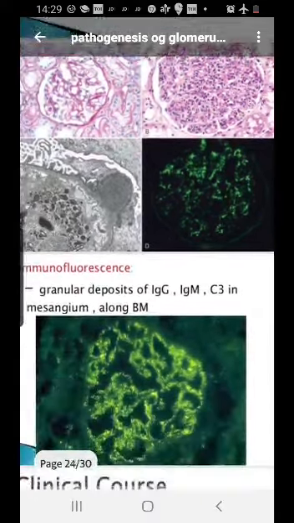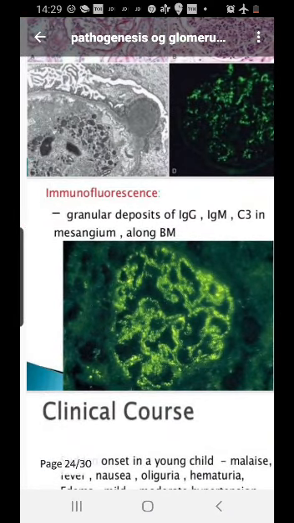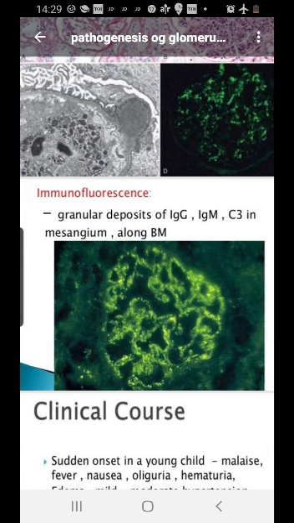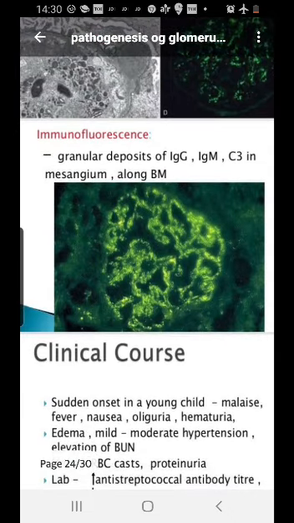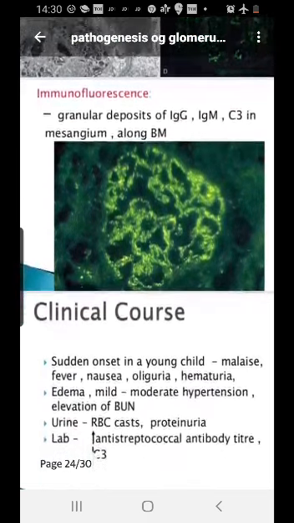Now if you look at the IF, immunofluorescence is nowadays very commonly used to identify the type of antibody which is present inside those mesangiums. Now if you see, the capillary loops are not highlighted. They are all black in color, but the deposits are highlighted, and you can see they are all deposited in the mesangium. It's present outside the loops, in between the mesangium. So these are known as granular deposits because they are not uniformly present everywhere. They are present in some portions, not in all the portions. So this is how we diagnose a case of post-streptococcal glomerulonephritis.